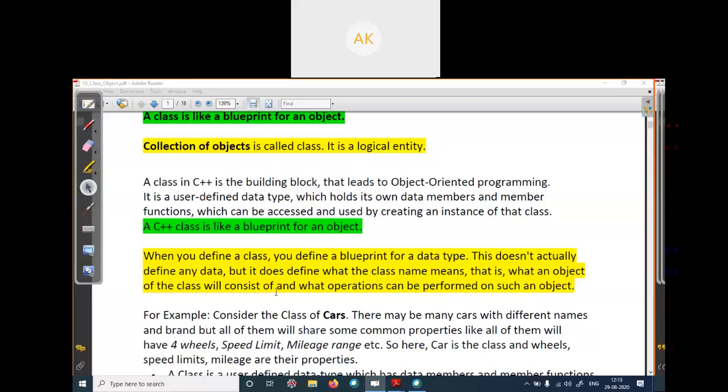In object oriented programming, the object is around your program. Means your whole program is around objects. We are ultimately breaking your code into objects. That's why we call it object oriented programming language. So we have to understand what is object and what is class before we start actually implementing code.